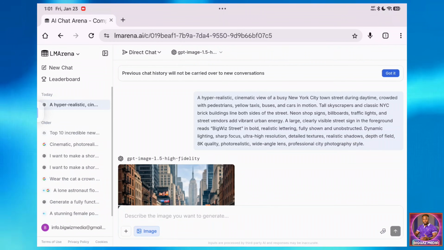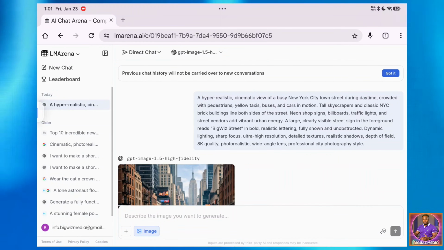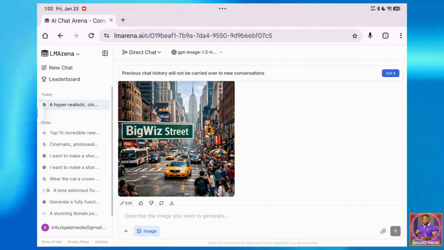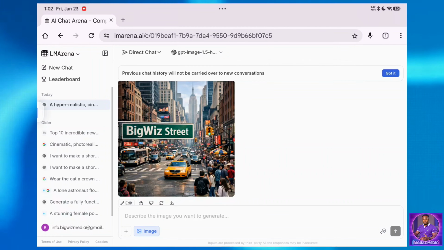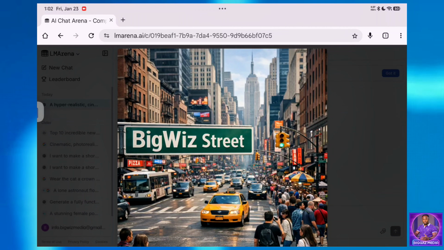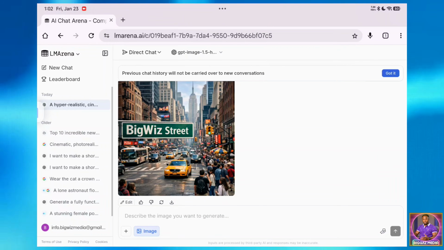Now, when I selected the Image button, it automatically switched to GPT Image instead of Gemini, and this is what it generated. You can see it created a street scene in New York City. Look at how good this looks. One thing I like is that I can also ask the model to edit this image, but I won't do that for now. I'll copy my next image prompt